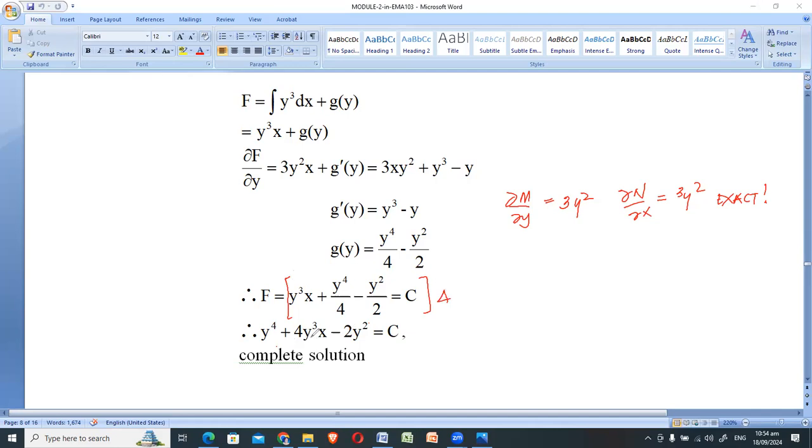So you will have 4y cubed x plus y to the fourth minus 2y squared, because you have 2 here. Your c is still a c because it's an arbitrary constant. So it's just c anyhow. So this is your solution for the DE that is provided, using the second possible formula in finding the integrating